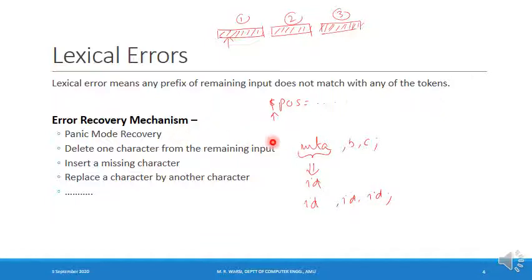For example, I can delete one character. In this example, when the error was generated at the dollar, I can simply delete the dollar and continue the scanning. Similarly, I can insert a missing character, or replace a character by another character in order to recover. So you can employ different mechanisms for recovering from the error.